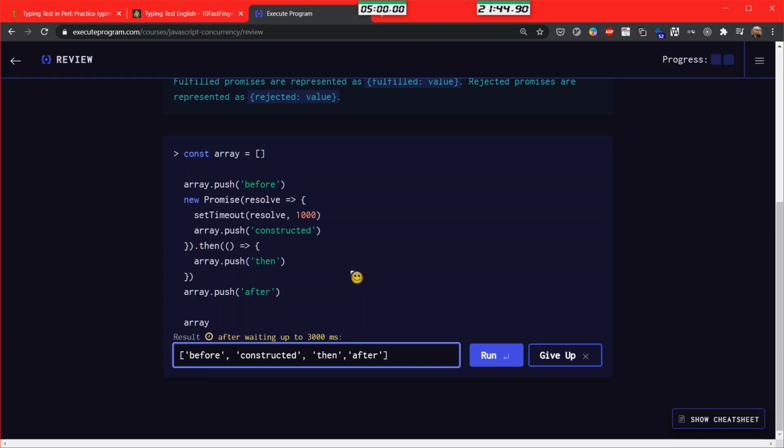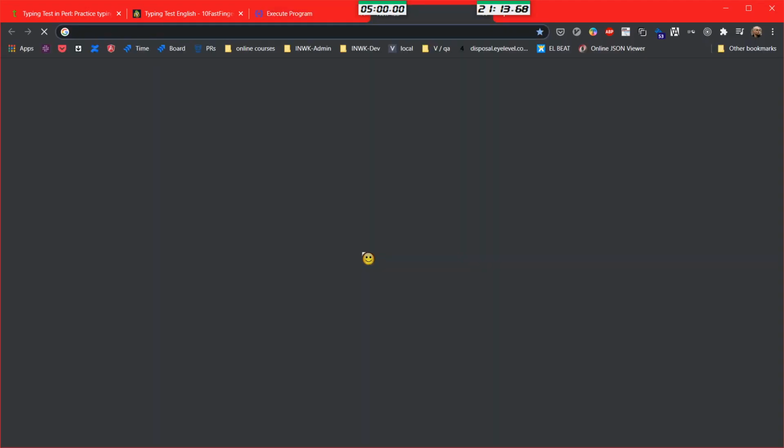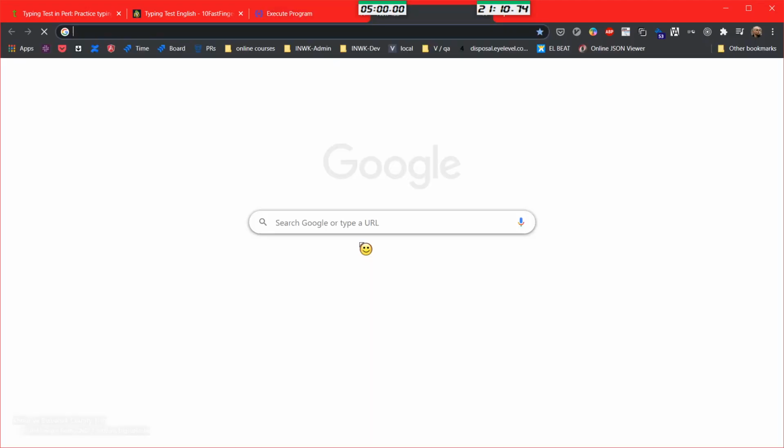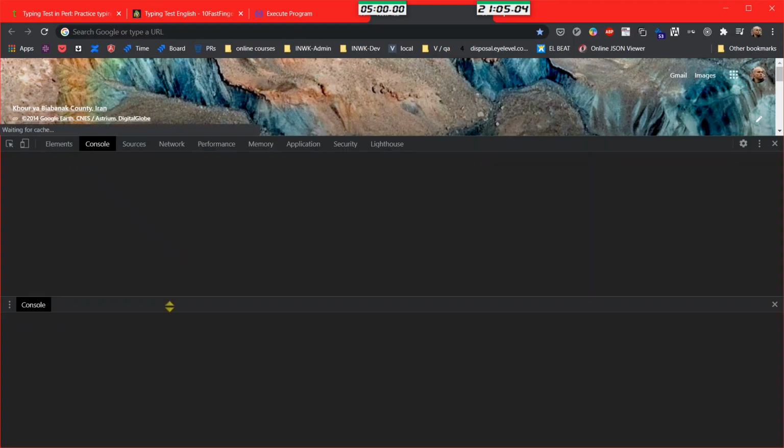Then I'm convinced it should be before, after, constructed, then. So we will verify. We will run the code in the browser and see how it goes.